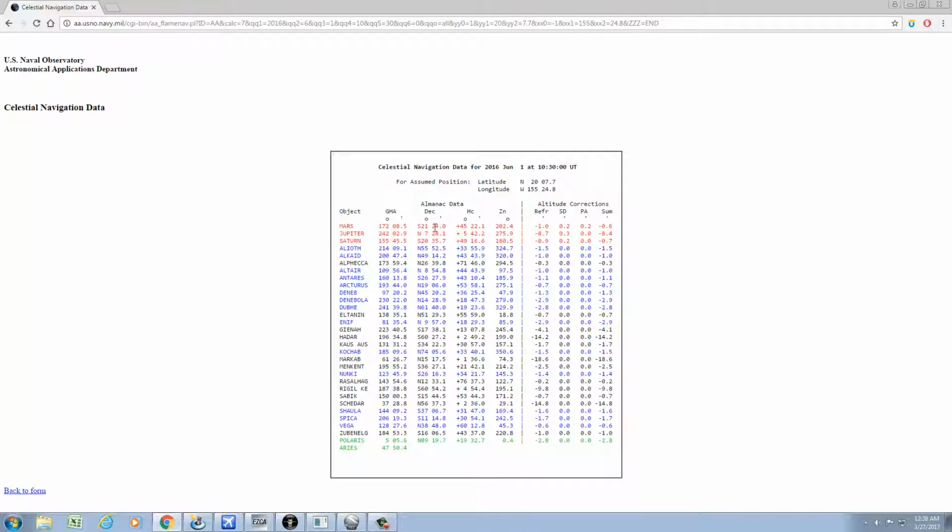So, here's what's visible. Planets, the sun and the moon, always go up here on top in red. That's just how they do it. The brighter stars that are more typically used for navigation are in blue. The dimmer stars are in black. And I'm not sure why Polaris and Aries are down here in green. There must be something special about them. Well, I mean, we know what Polaris is, obviously. I'm not sure why Aries is down here, other than it's the base